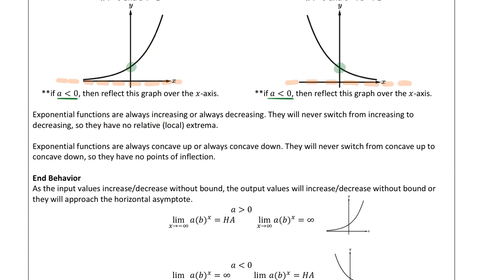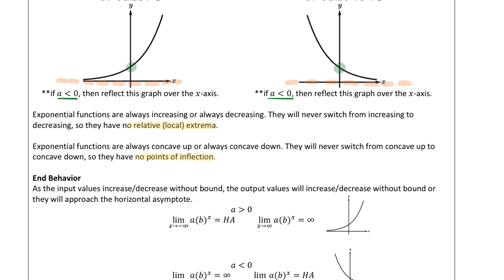So growth is increasing, decay is decreasing. Therefore, since they never switch from increasing to decreasing, they will have no relative extrema. There's no relative maximums or minimums. The graph is bounded by a lowest point, a lowest line, your horizontal asymptote, but we have no local extrema, maxes and mins. Exponential functions are also always concave up or concave down, depending on if we flip this over. I guess these are both concave up, but if we flip it over, concave down. Therefore, since they never switch from concave up to concave down, they have no points of inflection,